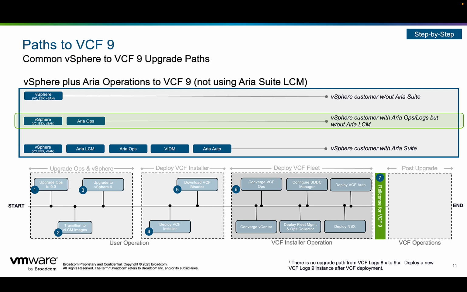At this time, you can then move on to your post-upgrade activities, which include deploying VCF logs, deploying an external vSphere identity broker, configuring VCF SSO, enabling vCenter link mode, as well as deploying other components such as VCF operations for networks, HCX,